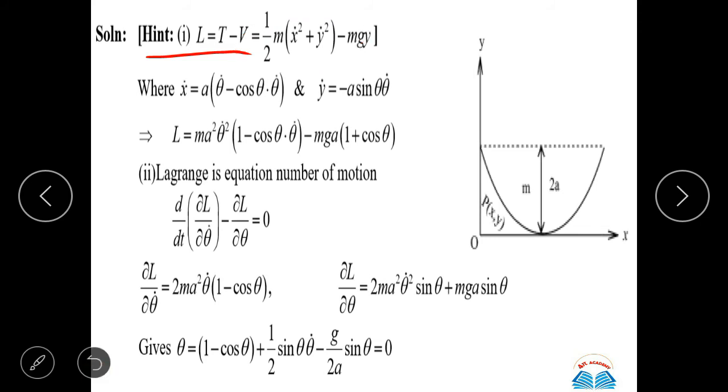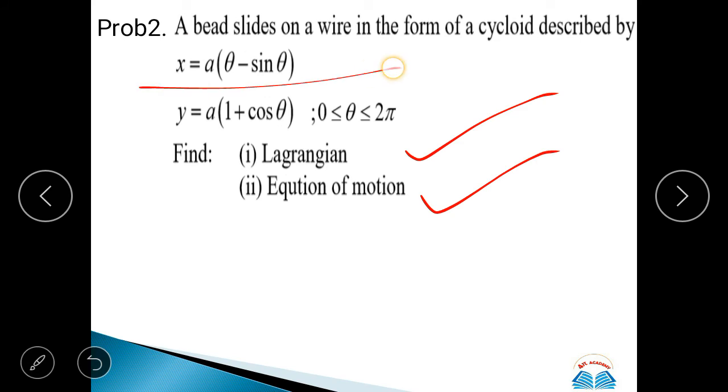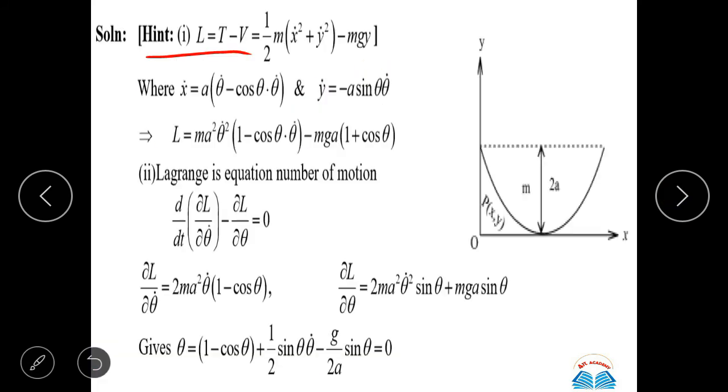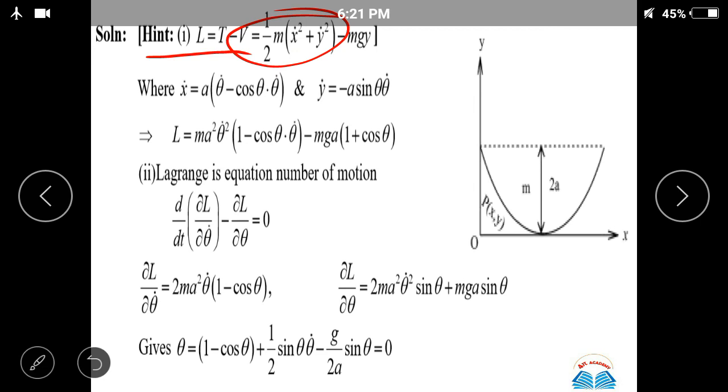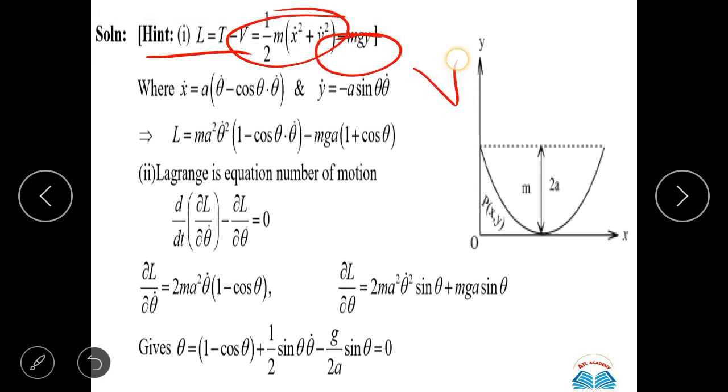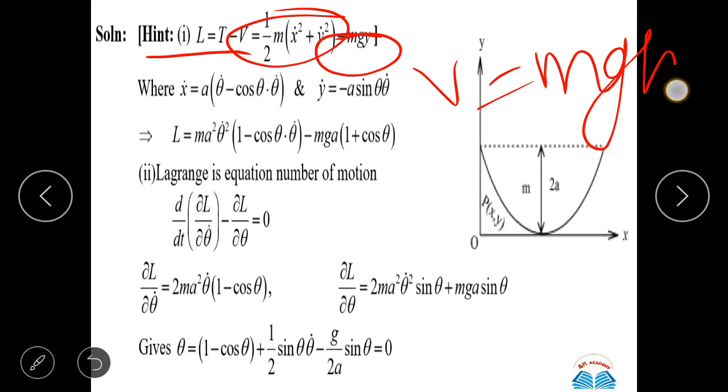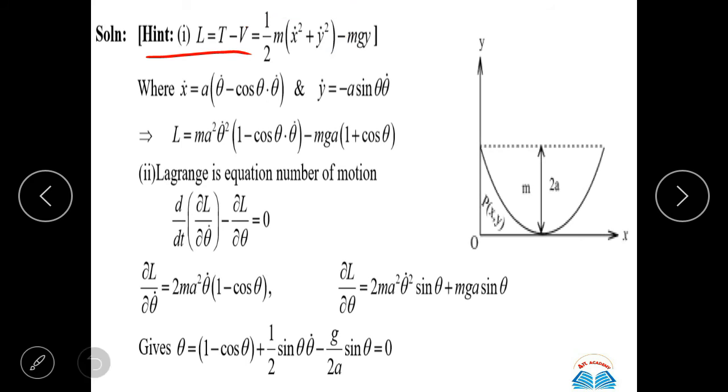Obviously we have been given the values of x and y in terms of theta, so we will just convert them into polar coordinates, and we will do it for kinetic energy. And for potential energy, in a gravitational field we use mgh. So what is h? h is your height, your y coordinate, and it can go up to this maximum height of y. So this is the y coordinate here, and I'm just putting mgy. So this is the potential energy.